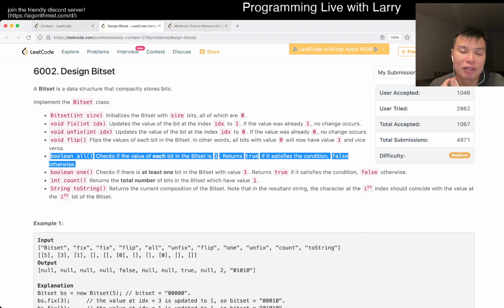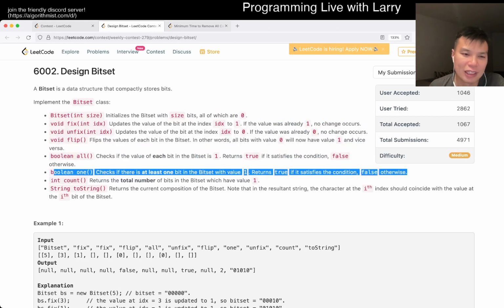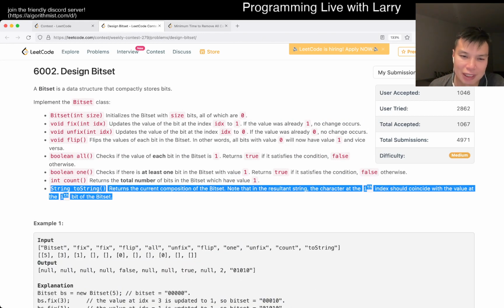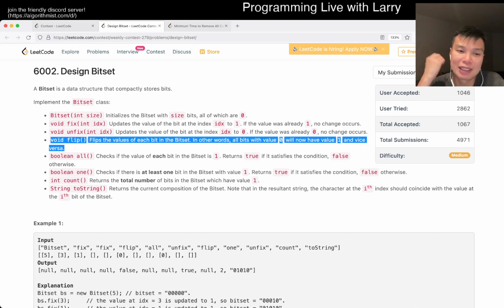If you already keep track of the count, then the all rule just means that the count is equal to the size n, and the one rule means that the count is non-zero. That's basically the idea. And of course, toString is just a for loop. You can't really improve it, so it is what it is. And then flip, let's go back to this. Flip just means that